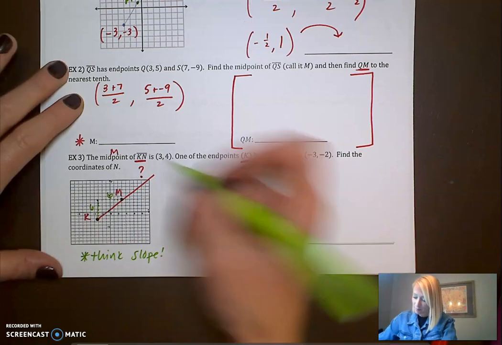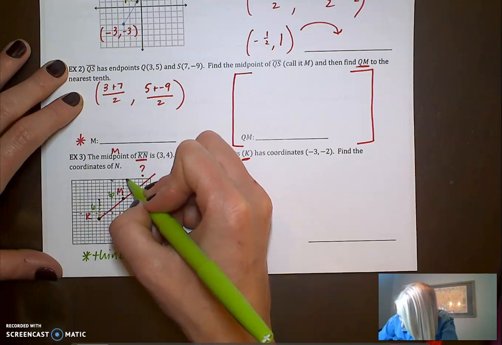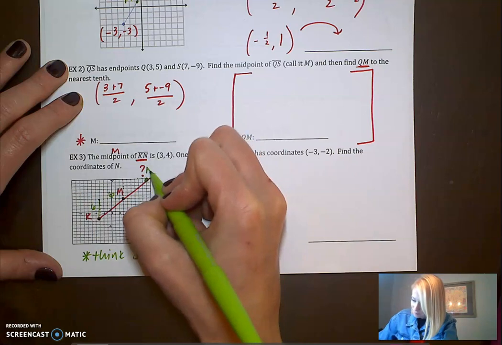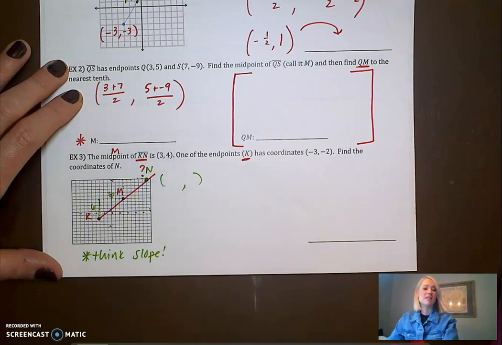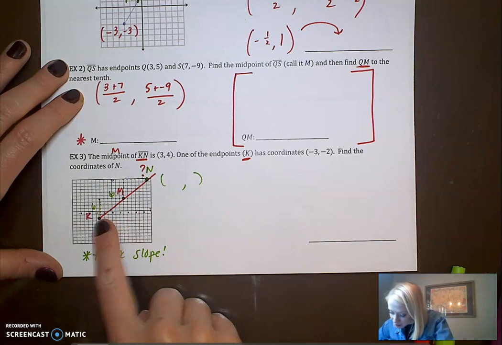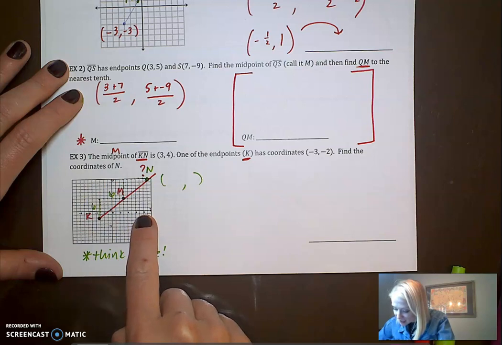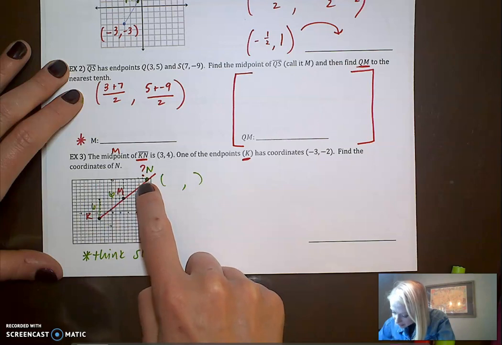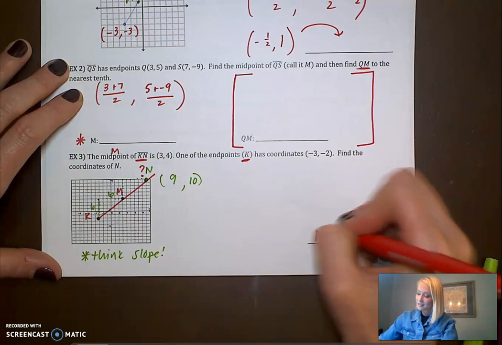This is going to work every time. So start at M and go up 1, 2, 3, 4, 5, 6, and right 1, 2, 3, 4, 5, 6. Ooh, I was pretty close to my drawing. This graph is tiny. Sorry about that. But that's where N would be. So I just have to say what ordered pair that is. So let me just count it on my miniature graph here. 1, 2, 3, 4, 5, 6, 7, 8, 9. And then I should go up 10, I think. 1, 2, 3, 4, 5, 6, 7, 8, 9, 10. Yeah. Whew. That was rough. So N would be at 9